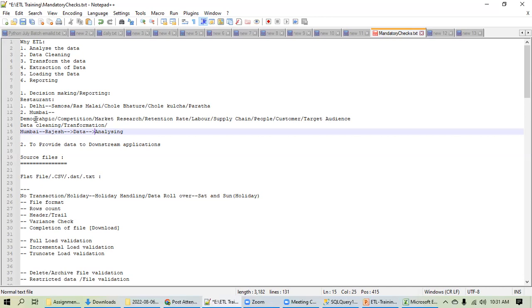No. Rajesh should cover at least the entire Mumbai, or at least 60 to 70% of the area of Mumbai. I'm not saying he has to take data from each and every person. That is not possible, and surveys or sampling don't happen that way. But he has to distribute his data gathering among different sections of people.